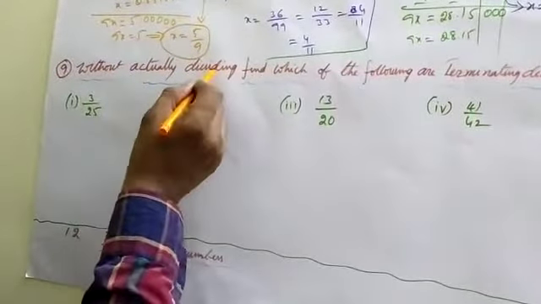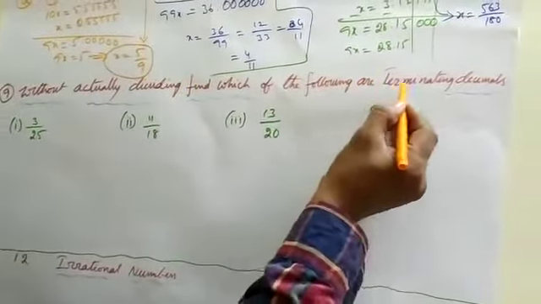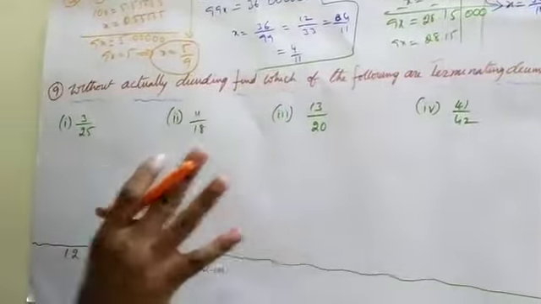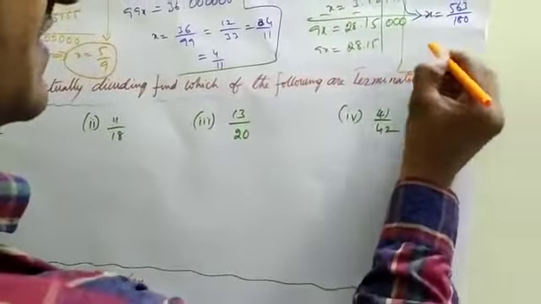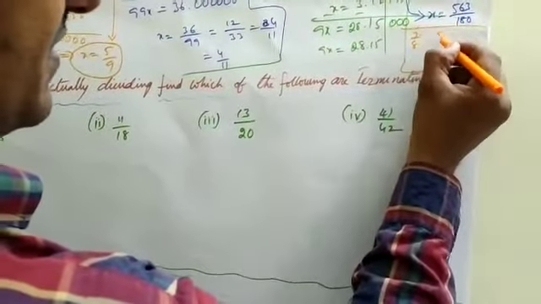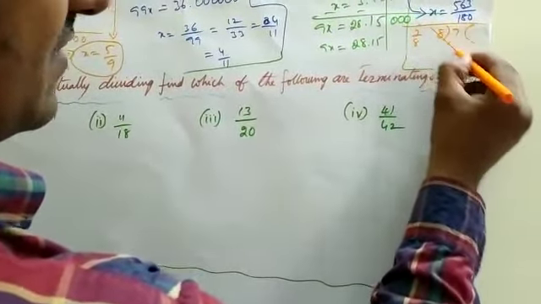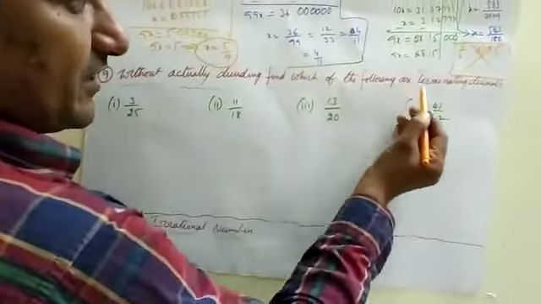Without actual dividing, find which of the following are terminating decimals. Without actual division. What is the meaning of without actual division? Like this. See, for example, 7 by 8. What is 7 by 8? 8, 7. This is not this process. Without actual dividing, find which of the following are terminating